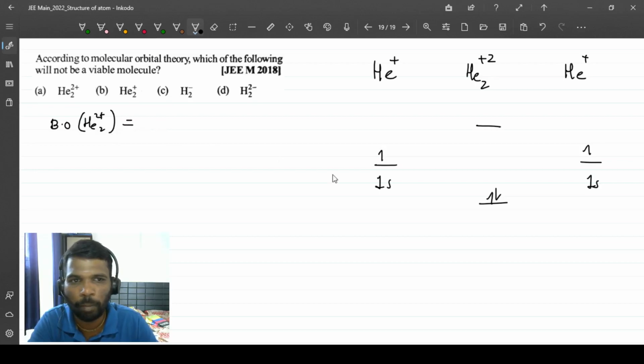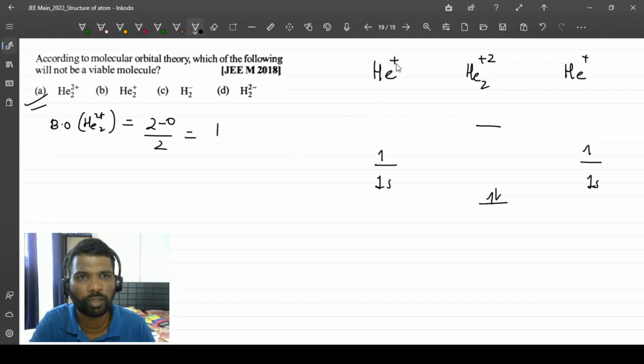In bonding it is 2, minus 0 in the anti-bonding, so that is 1. Okay, this is viable, the bond order is 1. Helium plus 1, helium plus 1 means this,